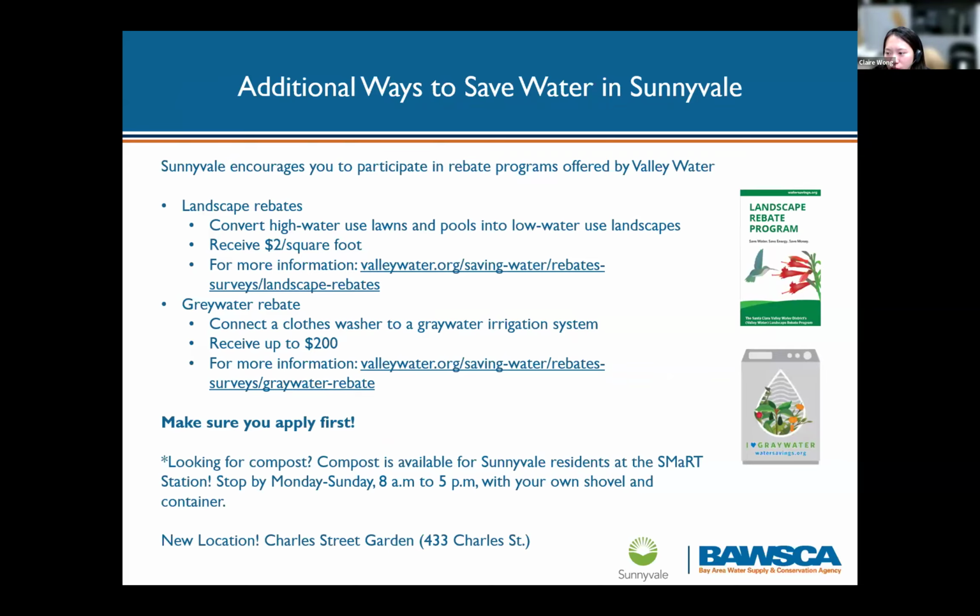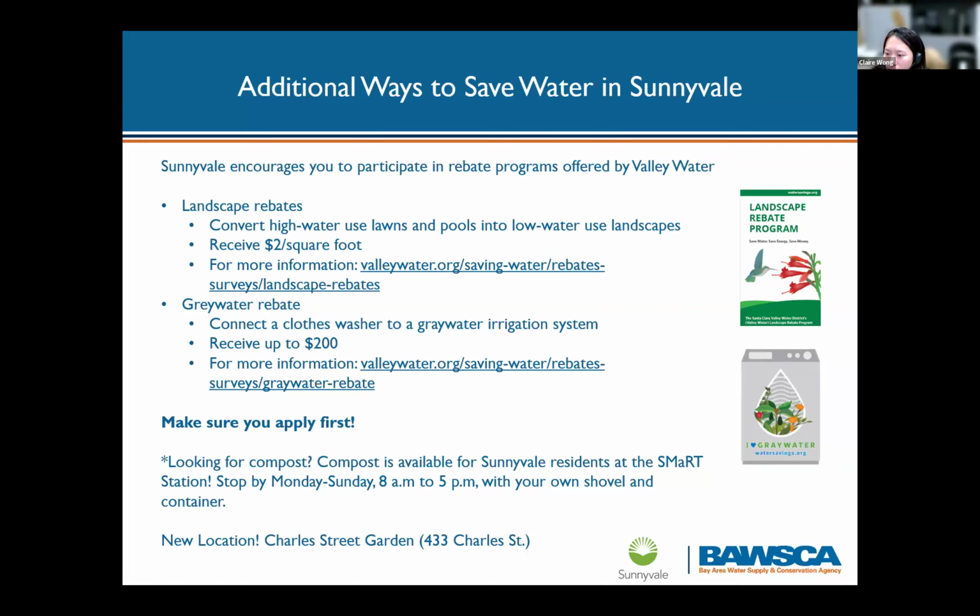The City of Sunnyvale encourages you to participate in rebate programs offered by Valley Water. Valley Water offers $2 per square foot of rebates for replacing your lawns and plants that require a lot of water with drought-tolerant plants or permeable hardscape. California native landscapes and water-wise landscapes need 1 to 3 years of water to establish, and then they may not need any water except during the hottest summers or driest winters. This is a good project to start now while we hope that the next winter is